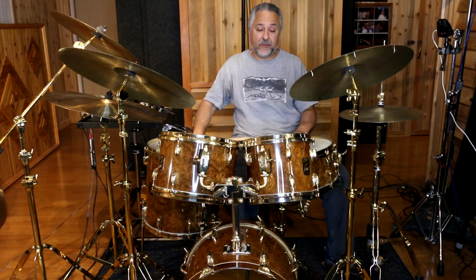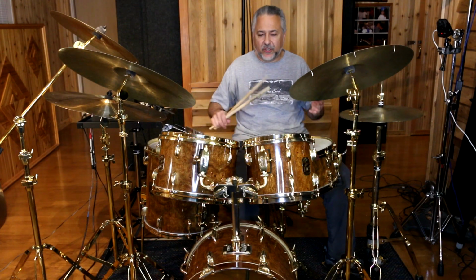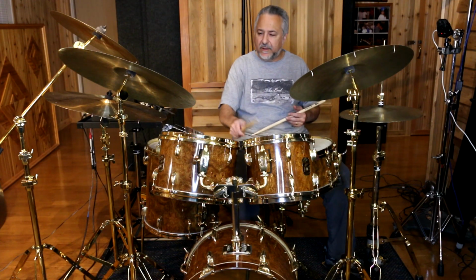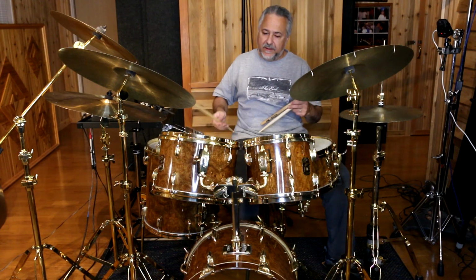So it's very dry. These drums are pretty dry. Gretsch drums are known for that. And the calf heads give it a lot of warmth, I think. The tone is very pure. If I use a mallet,